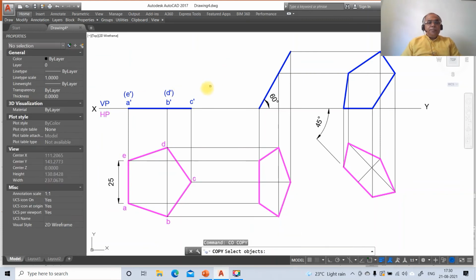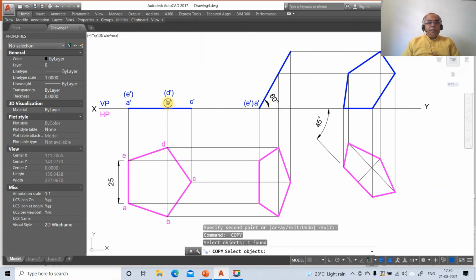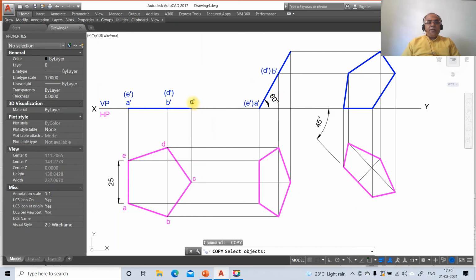Then go to copy. So you take A dash and then E dash, then B dash, then D dash, then C dash.